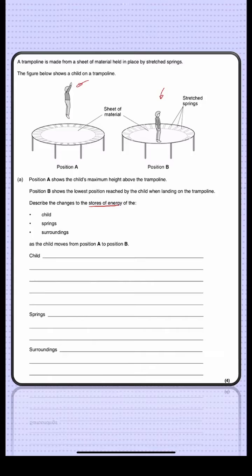So let's look at the child first of all. The child starts off at this level, then the child ends up at this level. So what energy is being transferred here? What would you say? What's changing here? It's basically their height, isn't it? They're going down. So what type of energy is being changed here? There's only one type of energy that's to do with height. So it would be gravitational potential. Yes, thank you. So what's happening is the gravitational potential, I'm just going to write GPE for short, is decreasing